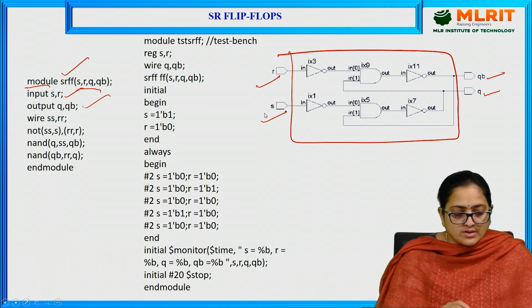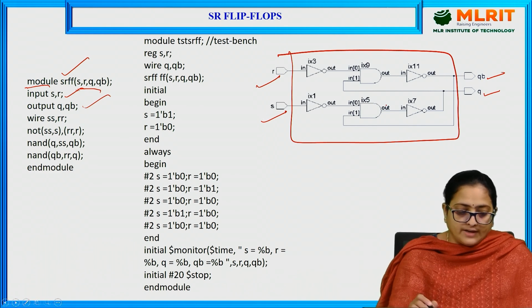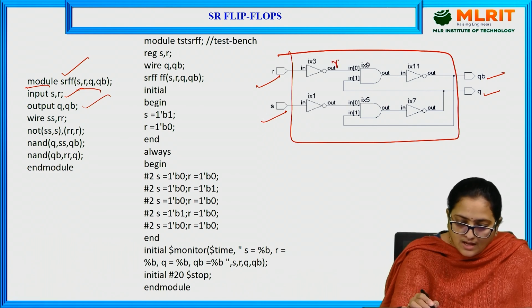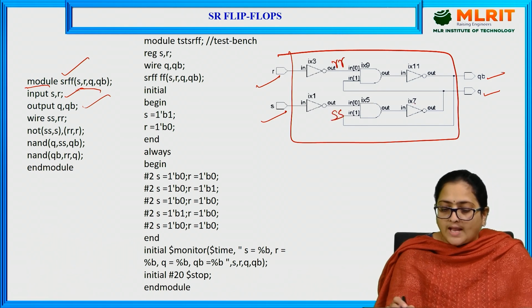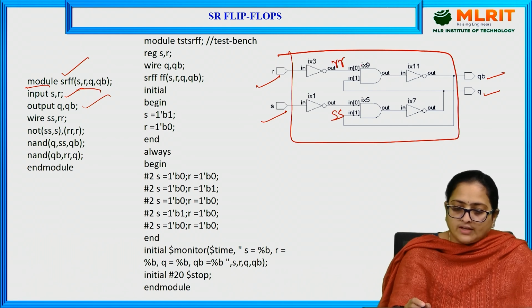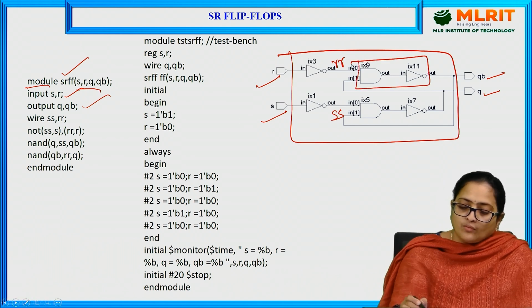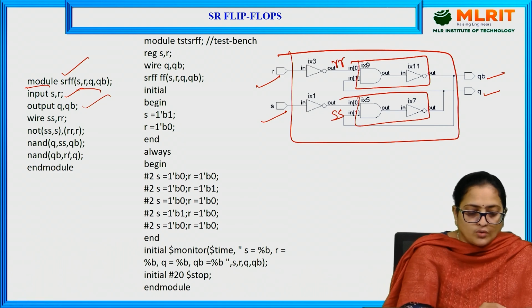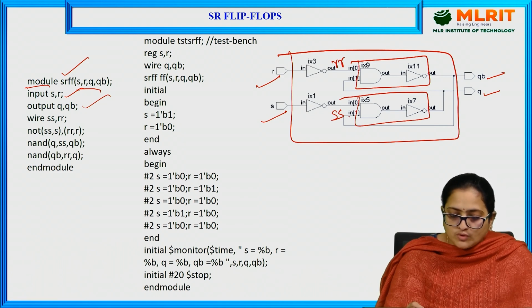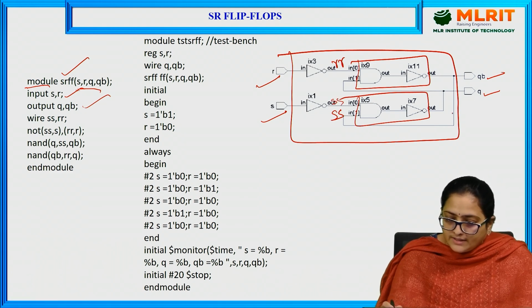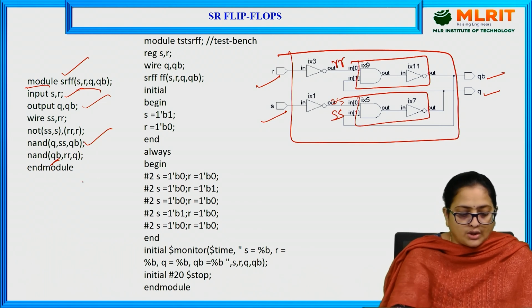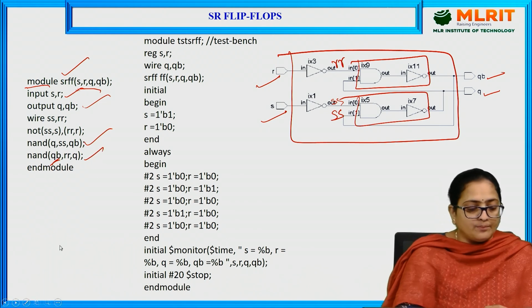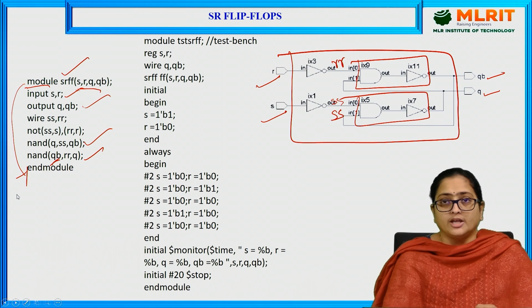And I want to use wires from the NOT gate to the AND gate, and the wire names given here are RR and SS, because the outputs from the NOT gate will be driven to the NAND gate over here. So if you take this AND with the NOT separately, we can take it as a NAND gate. So NAND Q, and the inputs of the NAND gate are SS and Q bar. And for this NAND gate, the output is Q bar and the inputs are RR and Q. And this module has been ended with the endmodule keyword.